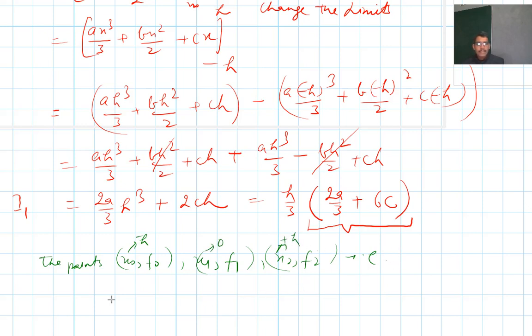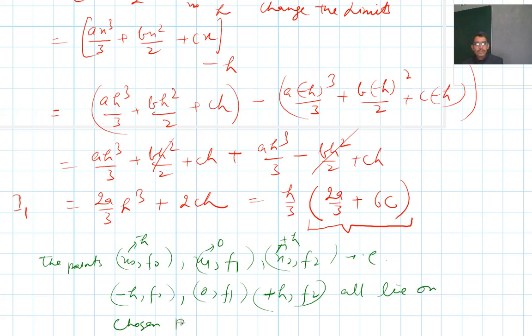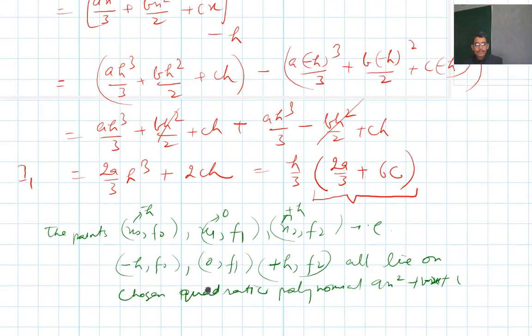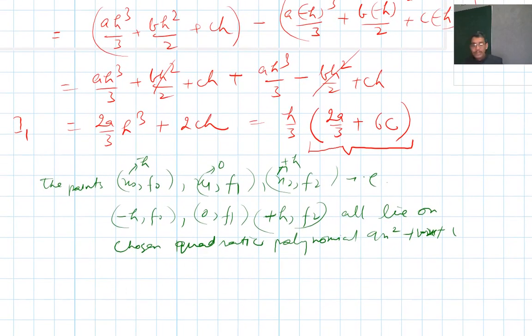That is, the points x0 minus h with f0, x1 with f1, and x0 plus h with f2, they all lie on the chosen parabola or chosen quadratic polynomial, that is ax² + bx + c. So if I put these values here, then what we are getting is f0 is equal to